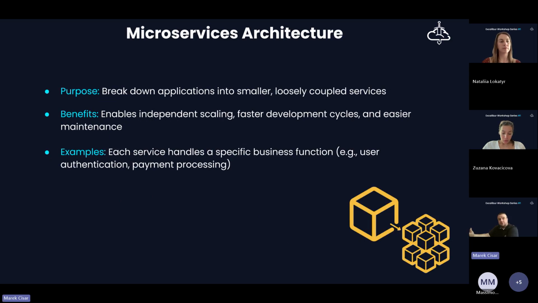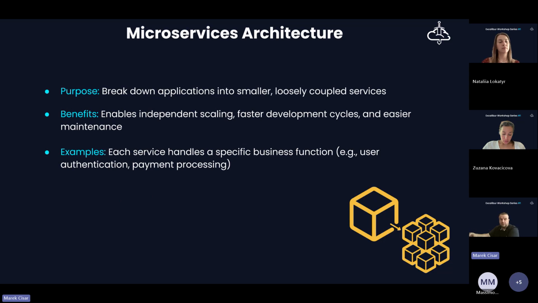The other aspect of every cloud native application is to not create monoliths, but to try to split the application into microservices. So each cloud native application consists of several microservices, and each microservice is developed, deployed, scaled, and run absolutely independently of the others.